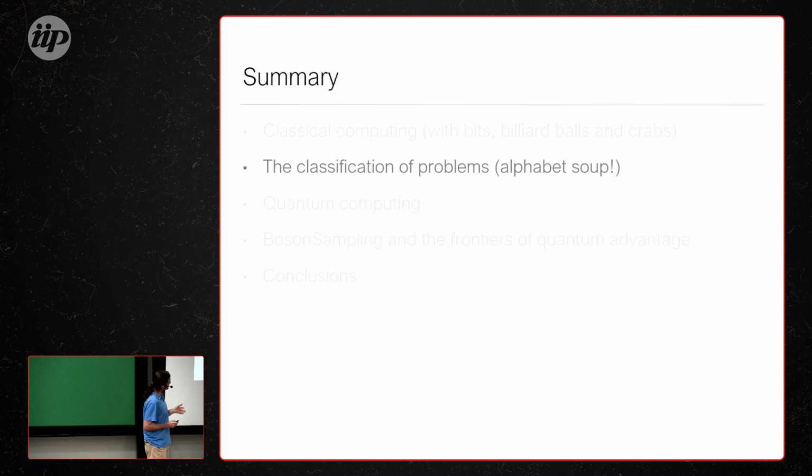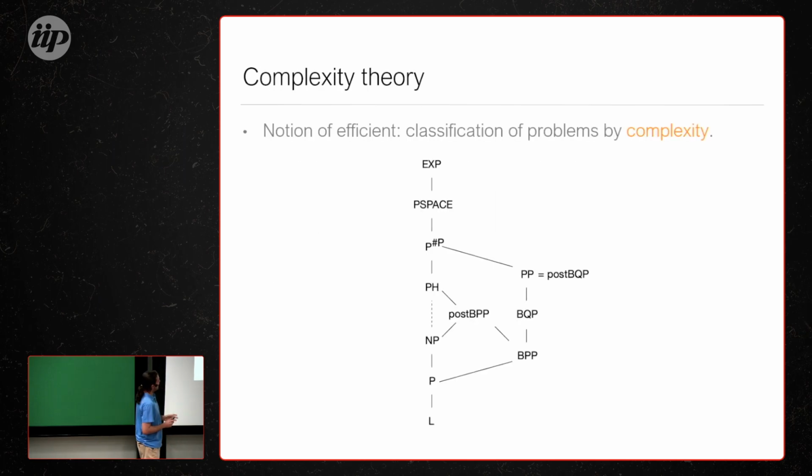So basically what happens is this. After we define this notion of efficient, in terms of polynomial versus exponential, over the decades, theoretical computer scientists have built this big landscape of complexity classes where you group together computational problems by how hard they are to solve, for example. You say, oh, there's a bunch of them that are easy to solve, a bunch of them that are hard to solve, and 1,000 different variations of that question. And this leads to a very complicated landscape of this classification.